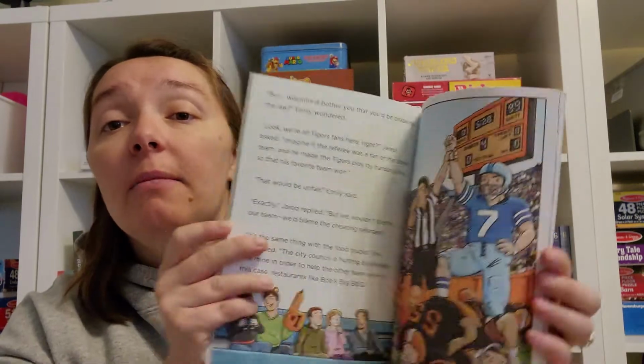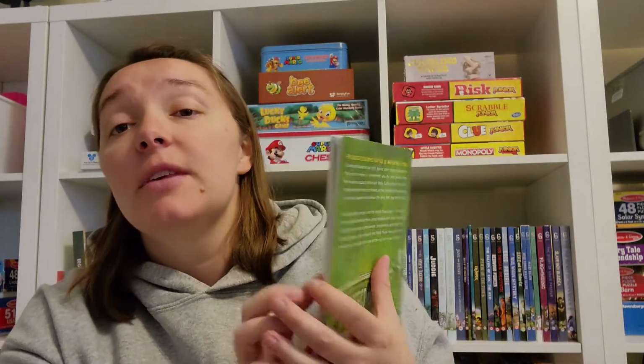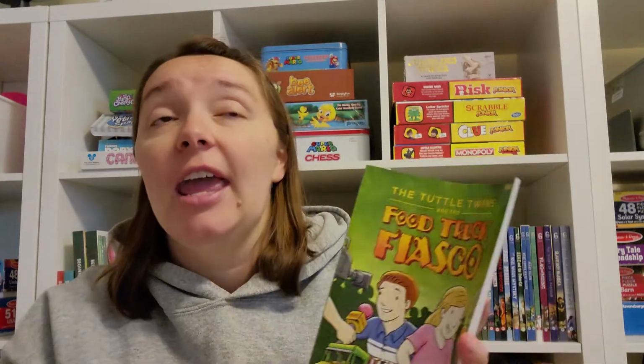And so they introduce it in a very gentle way for children. The pictures are really colorful. The books are about 20 minutes on the audio. This one was about 25 minutes. It was the longest one yet, but it was really good, and they introduced some pretty adult topics. Nothing inappropriate as far as sexual or anything like that, but